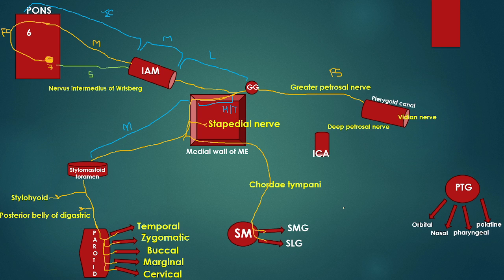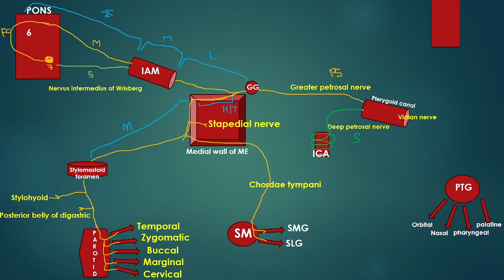Now before we make our facial nerve enter inside the pterygoid canal, one more important stuff that you should know is that over here, as you can see, this is the internal carotid artery. Now a nerve, that is the deep petrosal nerve, loops around this internal carotid artery. Now what is this deep petrosal nerve? It is a sympathetic nerve. It is a branch of the carotid plexus. Now this nerve enters into the pterygoid canal along with the greater petrosal nerve. So this is the parasympathetic nerve, and this is the sympathetic nerve.